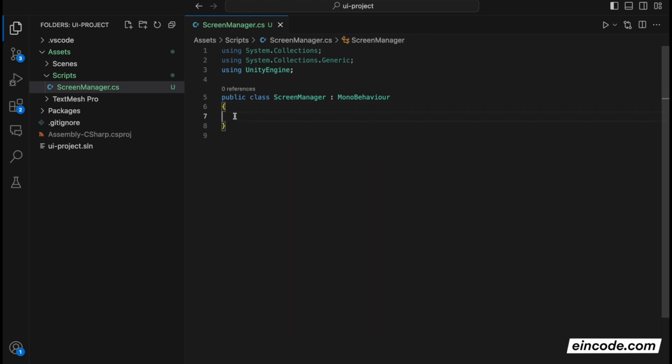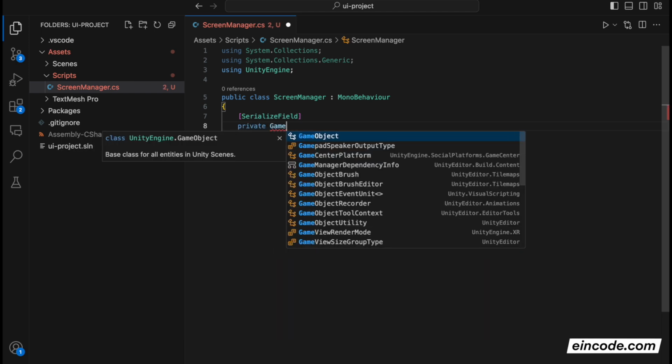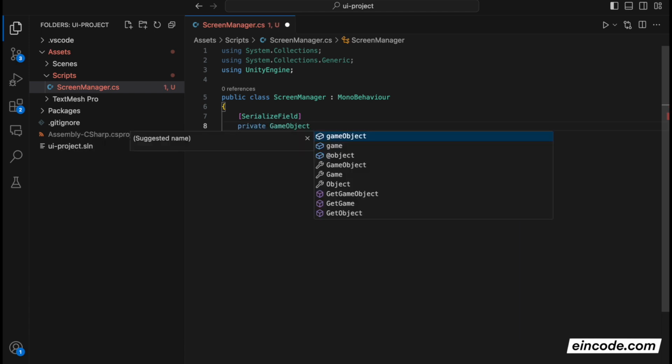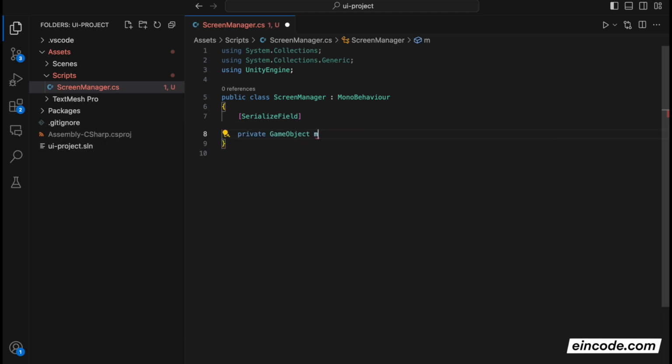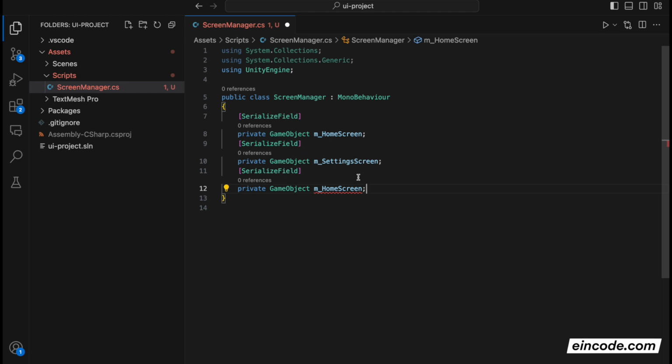Okay, so now first we are going to create references to all of our screens. So we'll create serialized fields like this, private GameObject, and these will be references to our screens. So how many screens do we have? We have a home screen, so m_homeScreen. I'll just copy and paste it a few more times. So what is the next screen? We have a settings screen, and what other screens do we have? We have a shop screen,